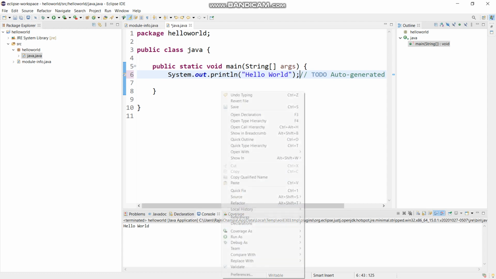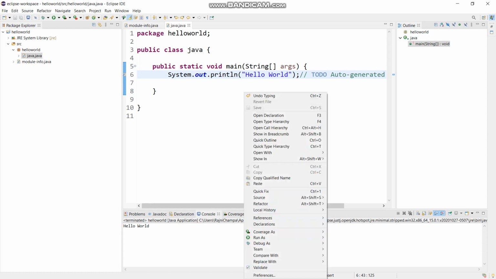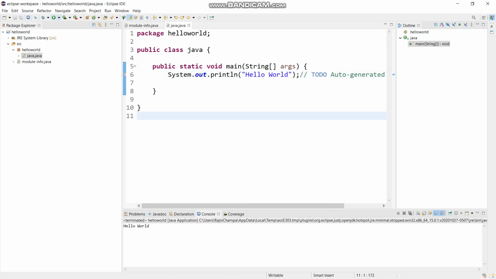So here we are executing the println method. Anything inside this parenthesis with double inverted commas around it will be displayed on the console. Also inside this parenthesis we can pass values to our methods. So right now we want to display Hello World, and Hello World is textual data. In Java, whenever we want to display textual words, we surround them with the double inverted